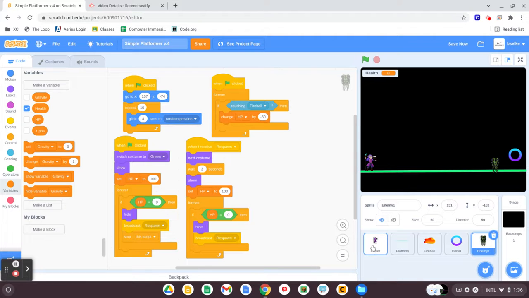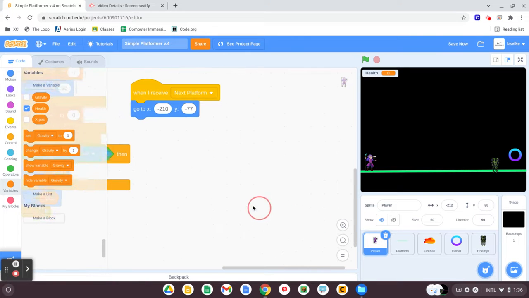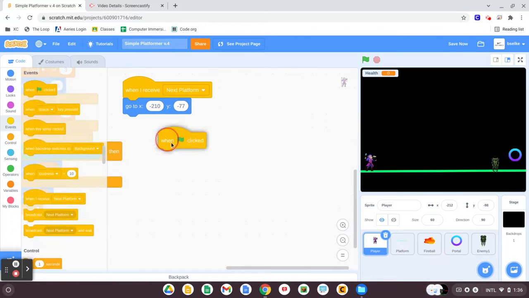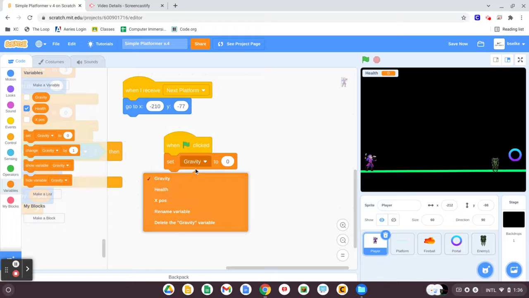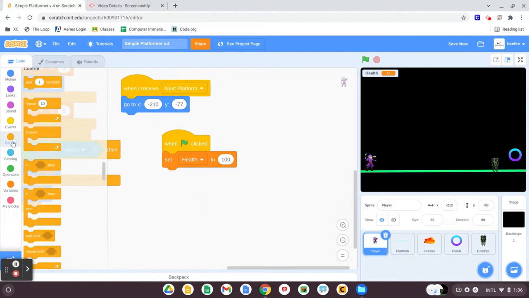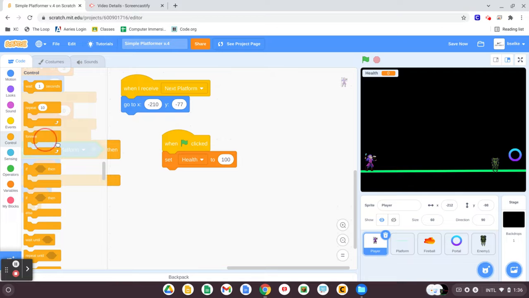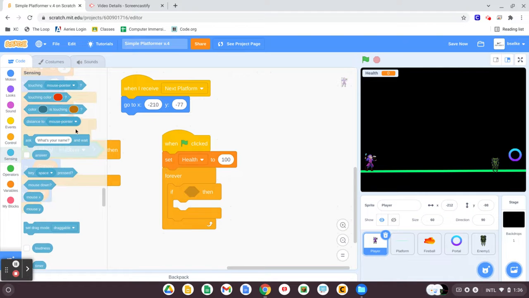Okay, let's get started. Zoom in here to find a new sequence, and we're going to say that when the green flag is clicked, set our health to a number. I'm going to say 100. Our player can have 100 health too. And if we touch that enemy, if we come in contact with our enemy,